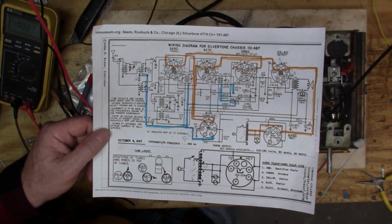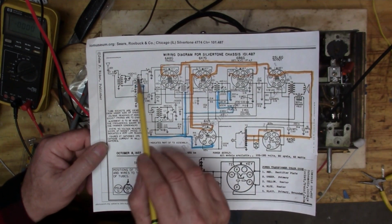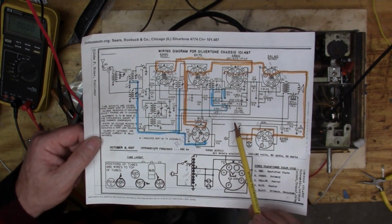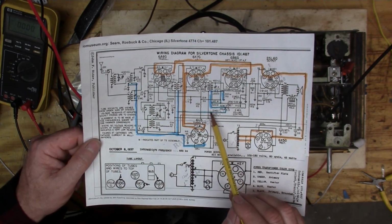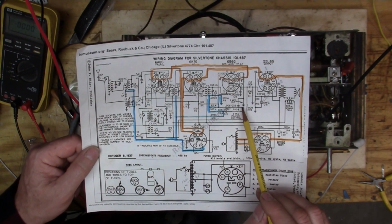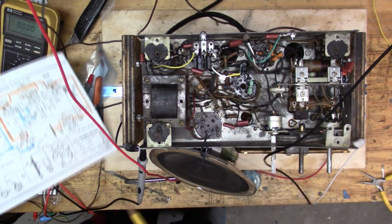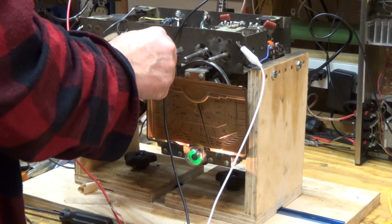So the magic eye, or the tuning eye, is actually showing how much we're offsetting the base of this transformer here, coming into the grid of the first tube. What I found is this 2 meg resistor right here and the 2 meg resistor right here were both off tolerance. One was high, one was low, so I just replaced those, and that seems to have done wonders for the reception. So if I turn it up,